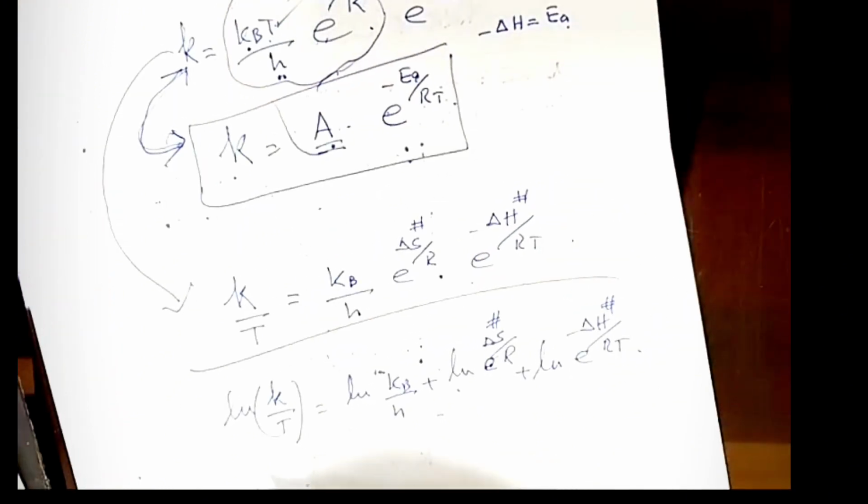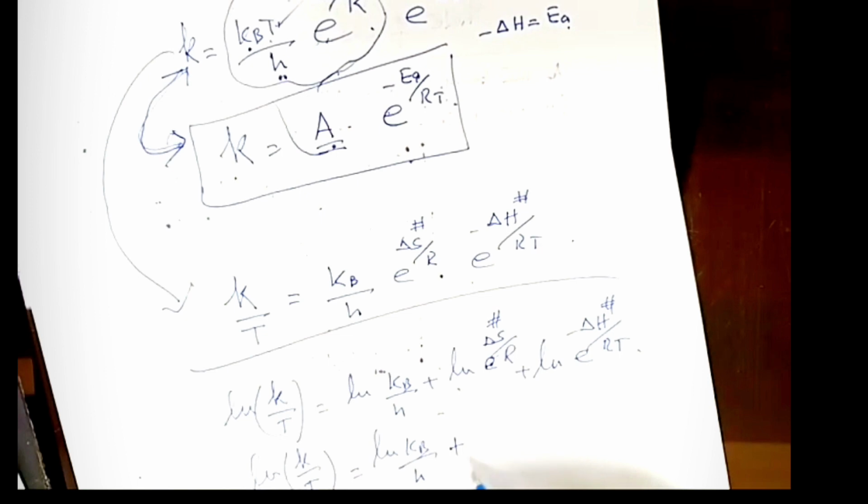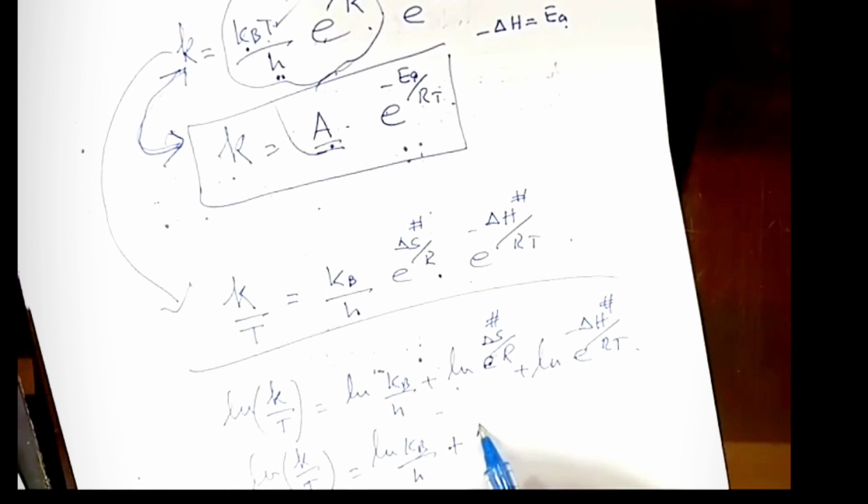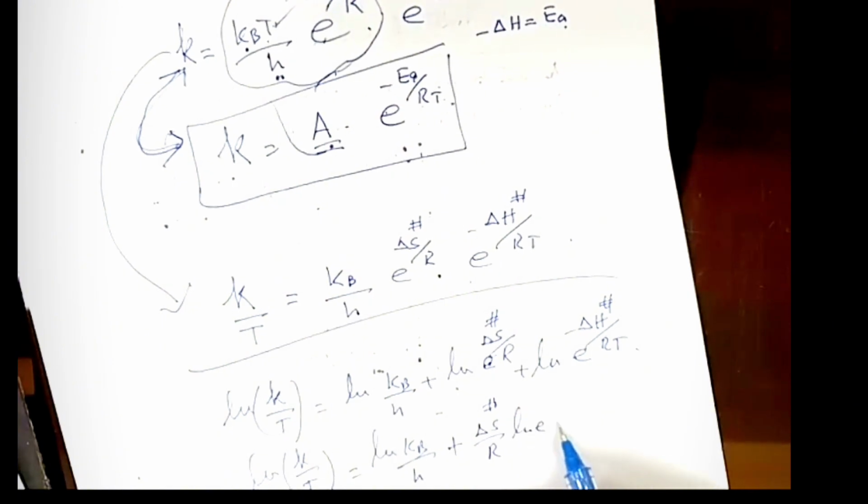So if we simplify this equation, log of k over t is equal to log of kb over h plus delta s over r log of e